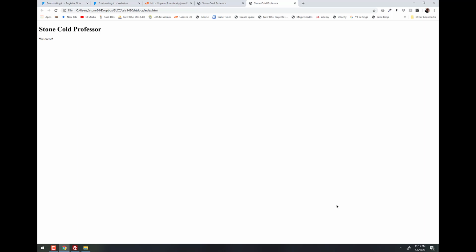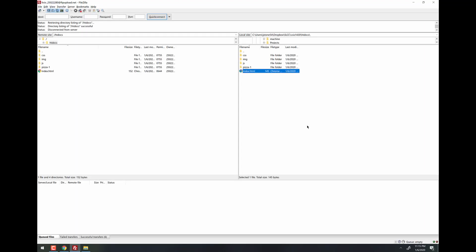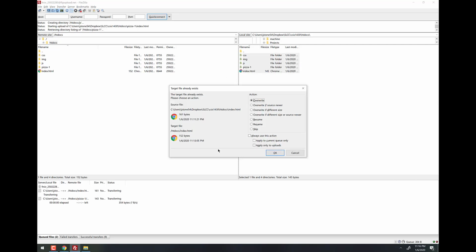Now that our local files and our remote files are the same, let's say you made some major changes to your main root site here, right? You changed the index file, you changed your JavaScript stuff that's in there, you added some more images, you changed your CSS, which is stuff we haven't learned yet, but eventually you will. And you even updated your pizza site. So you just want to drag all this stuff right here all the way over onto this side and just upload. Again, I'm dragging from the right, which is my local, to my server on the left. Yours may be reversed. So I just drag it over and I get this overwrite message again, right?